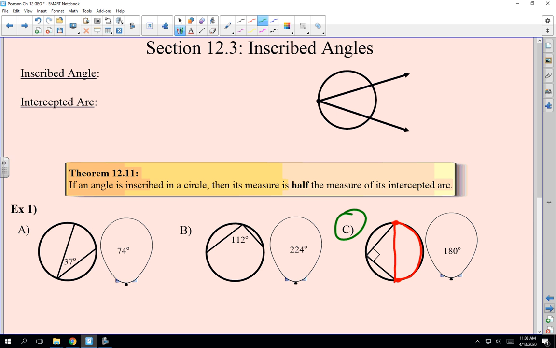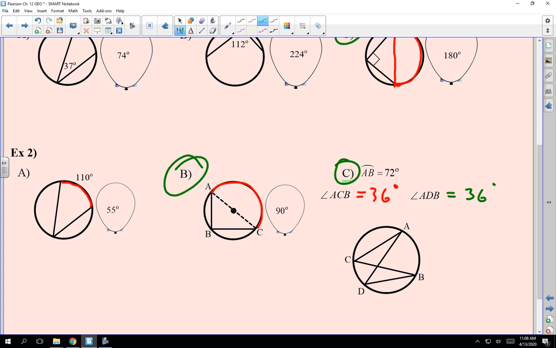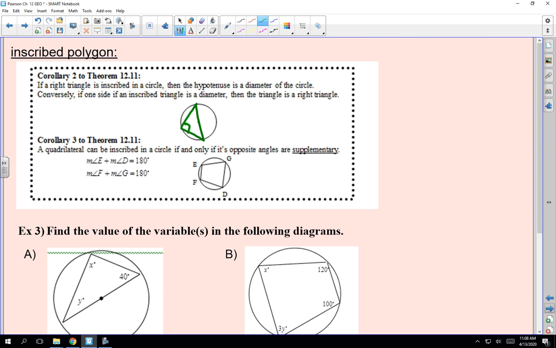Oh, and then I don't want to go that far back here. And then we had one right here as well. So those are right triangles inscribed in a circle. All right, so it says a quadrilateral can be inscribed in a circle if and only if its opposite angles are